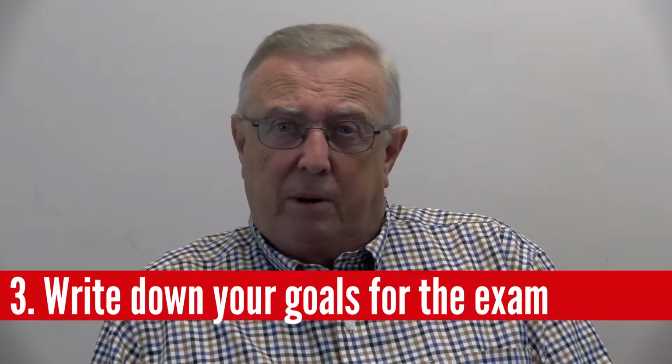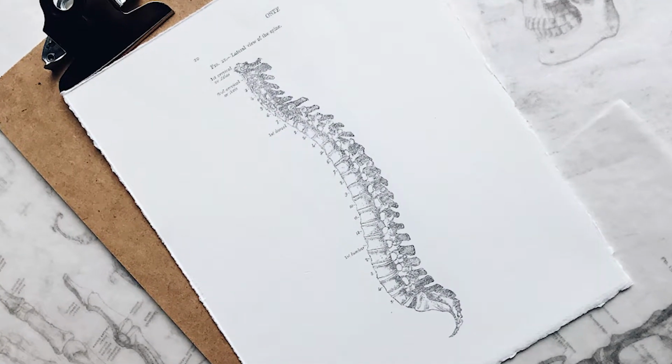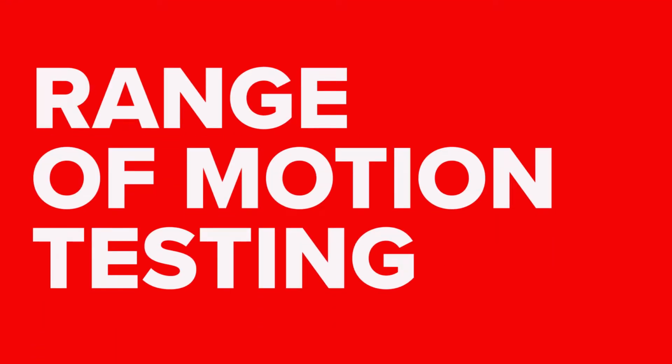Now, let me show you how I prepare a veteran experiencing, as an example, a lumbar spine injury for an IME or a C&P. The doctor is going to provide a number of tests for you during the exam. It's called range of motion, and according to the regulations, this range of motion must be measured by what they call a goniometer. It's like a geometric level that they use that can measure exact types of limitations you have, functional limitations that might affect your muscles or your bones or your nerves or anything else that has an effect on your ability to bend forward or